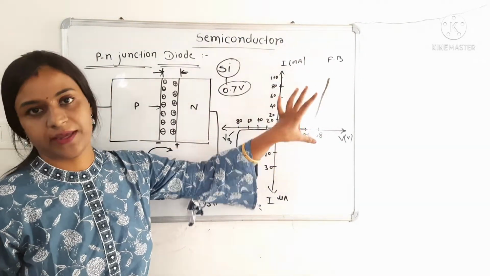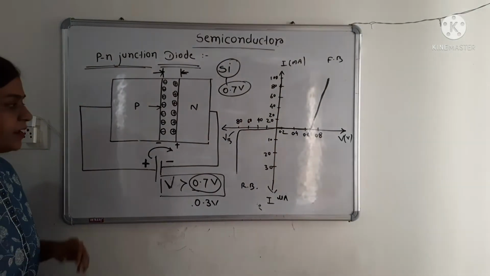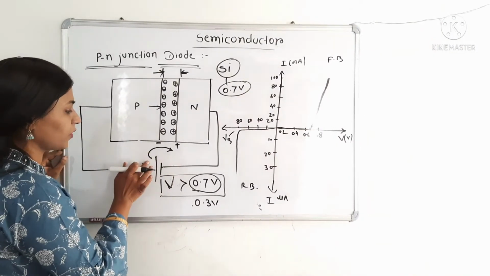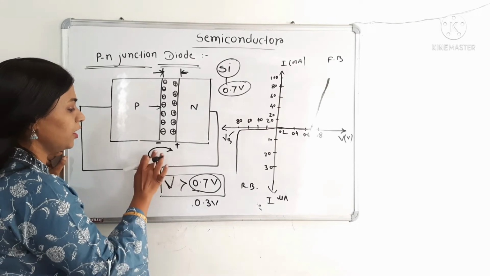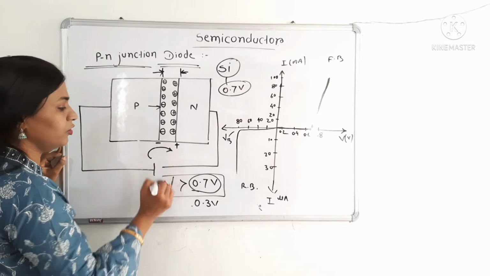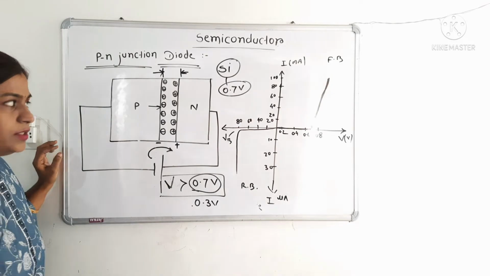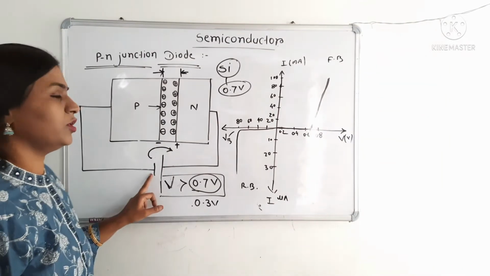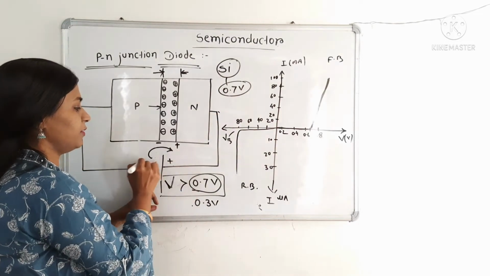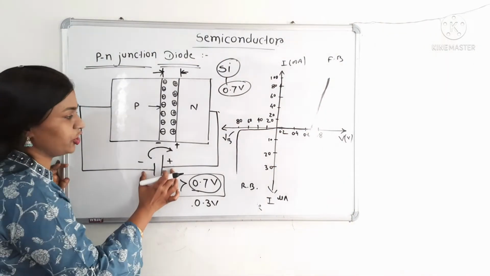दिस इज इन फॉरवर्ड बायस। Then in reverse bias, what is this reverse bias? Reverse bias means in reverse bias P type is connected to the negative terminal of the supply and N type is connected to the positive terminal. Means anode is connected to the negative terminal of external supply and cathode is connected to positive terminal of the supply. Opposite polarity. Here polarity of external voltage is changed.